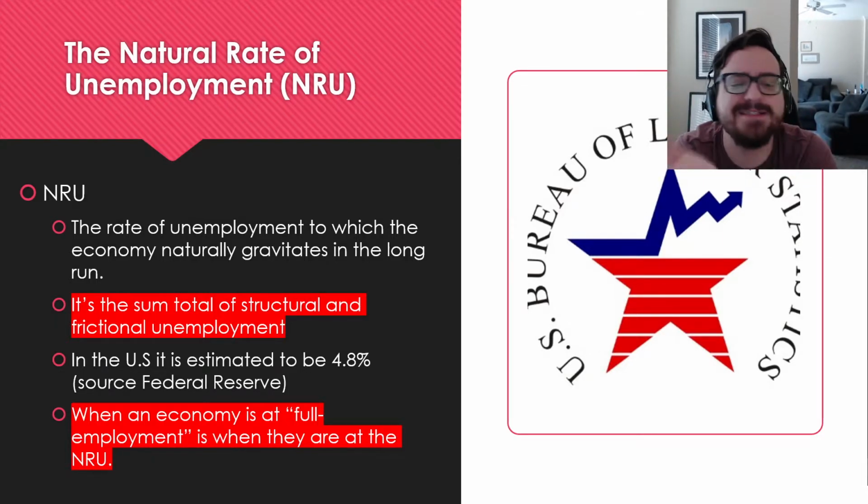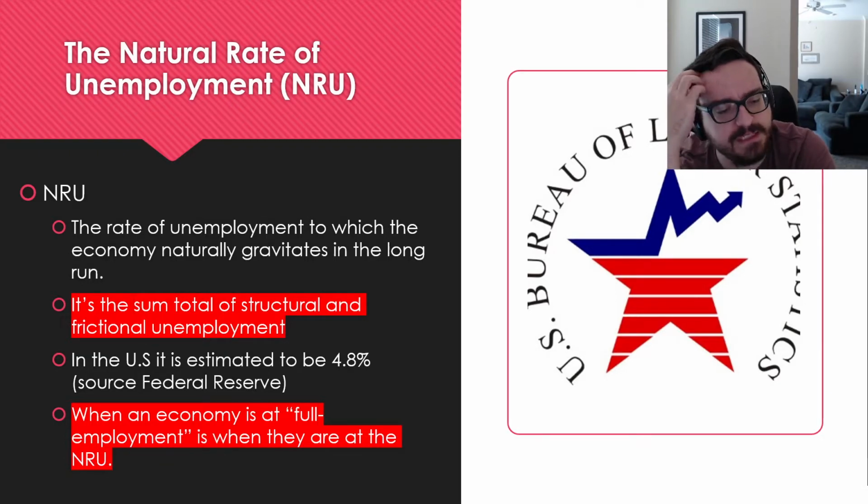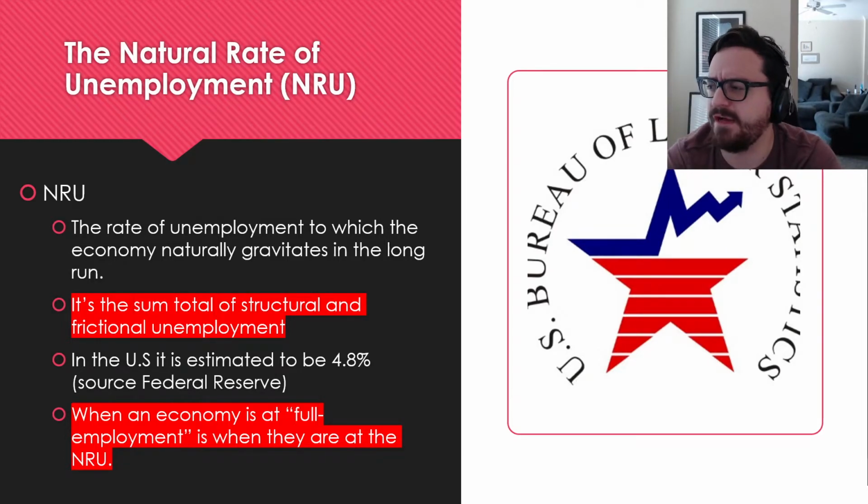For us, it depends on the year. It hovers between like 4% and like 5.5%. This is as of 2019. It was 4.8%. It's probably a lot higher right now based on COVID. But our normal average is around like 4.5 to 4.8%. That's sort of the goal, and we were past that goal the last few years.